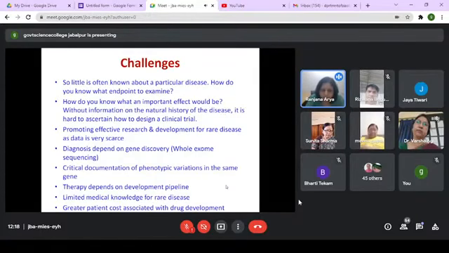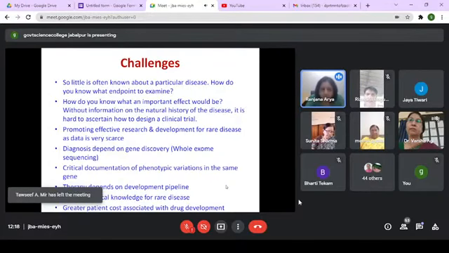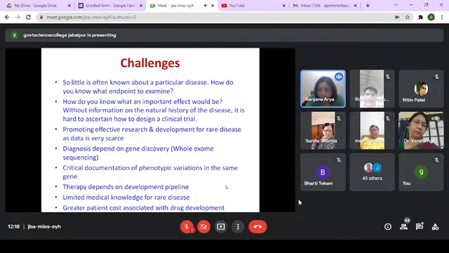limitation in research and development that is caused due to scarcity of data, and we really need to come together and pull down all the data that is available with whatever different patients we have and make a consortium. So that is one, we need to promote an effective research and development to get more information, to provide more of the data analysis so that we can have some useful information that can help us go towards understanding the treatment options.